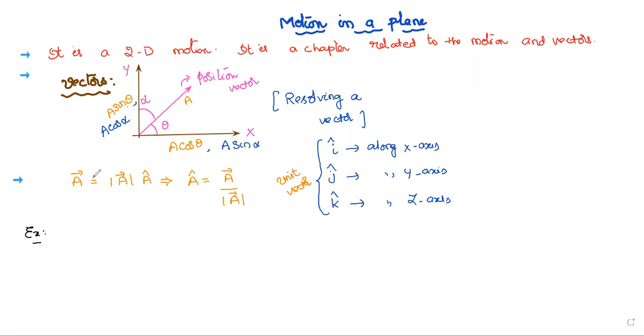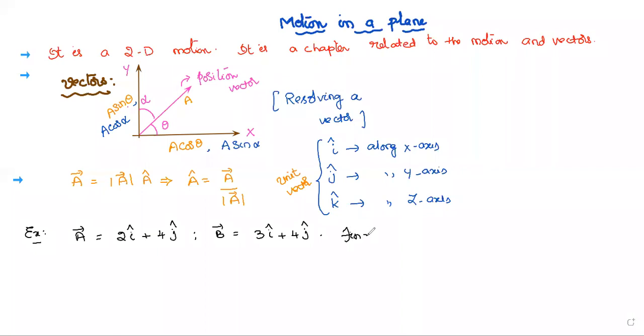So here, what kind of questions they ask: suppose a vector is represented like this. A bar is equal to, I think in fundamentals I explained only 2 dimensions, not 3 dimensions, so better I take 2 dimensions. A bar is equal to 2 i cap plus 4 j cap, and B bar is equal to say 3 i cap plus 4 j cap. These are the 2 vectors he gave. Keenly observe what I am going to ask.